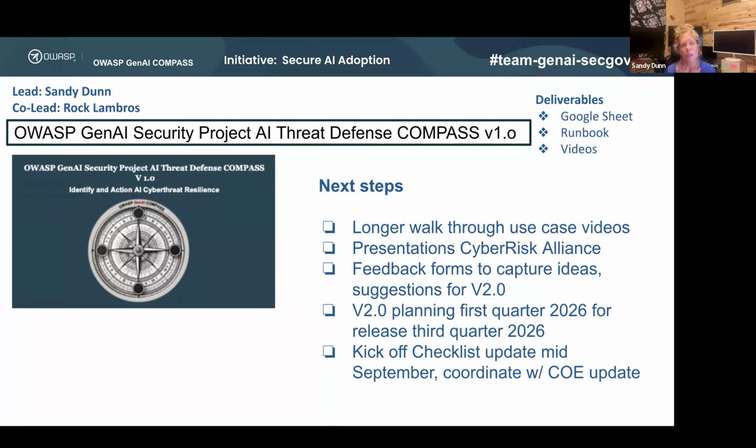Okay, and instead of doing the comic strip ones, I might just record myself, because I use Compass almost every day. It has CVEs in it, it has the defenses, it has the top 10, it has the mitigations, it directly connects to the privacy laws and stuff. So I might just talk about how I use it. That would be perfect. That would be a great starting point.